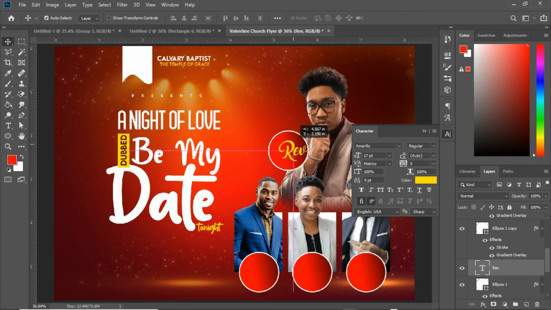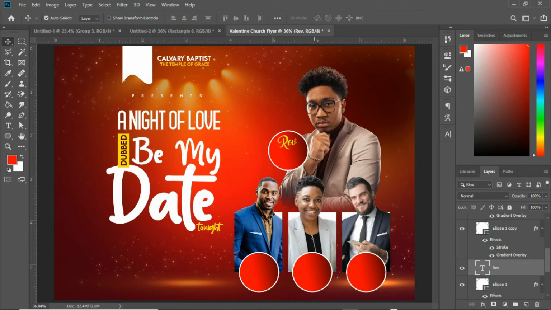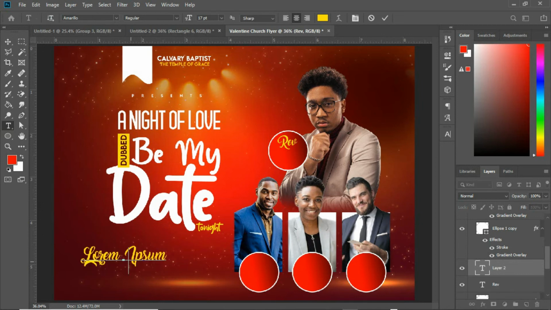Then we'll be placing this guy here, but let's still reduce the color. So Control T and hold your Shift key or Alt key, and let's choose this guy over here. So we have this nice looking Reverend. Then the next thing is I'm going to be typing the name of the Reverend, and the name is James, Reverend James